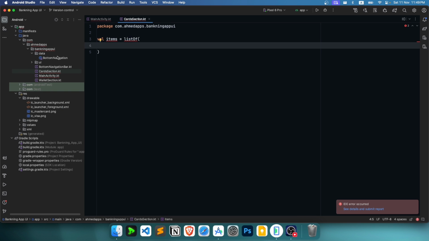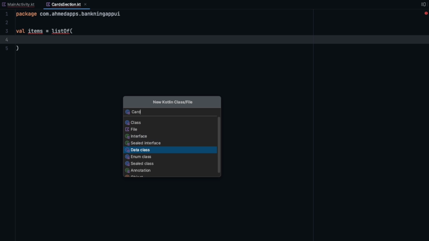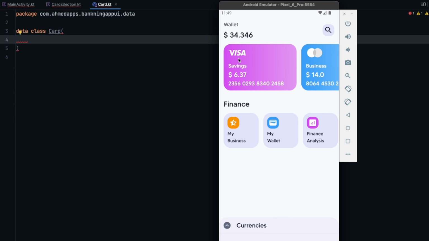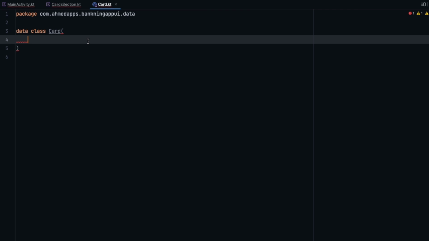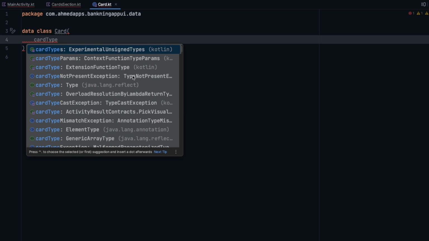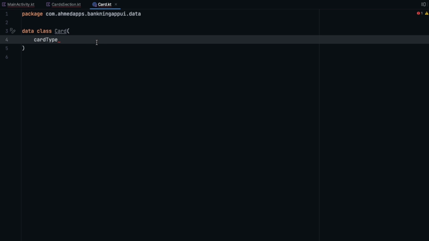And let's now create a data class for that. So Kotlin class or file, it's going to be called Card, and we're going to have a data class that now will have a bunch of attributes. So what they are, we need this image, and we need this text here, and another text and another text. So that's all we need, but this one won't be a text, actually this will be a long, so a number. Now this one will have, as I said, card type to know what card is this, so whether it is a Visa card or a MasterCard,